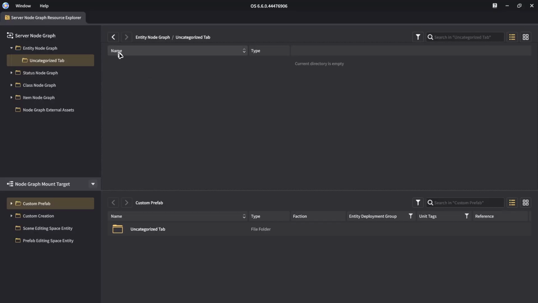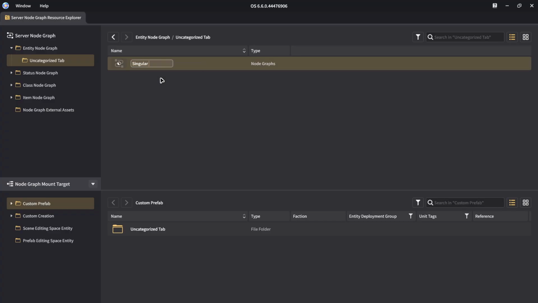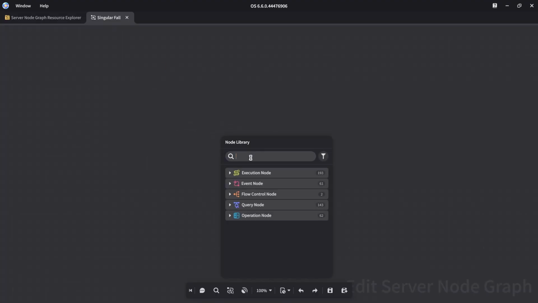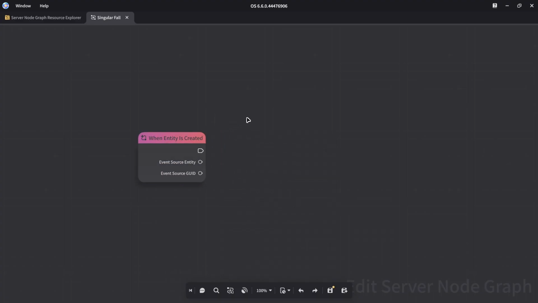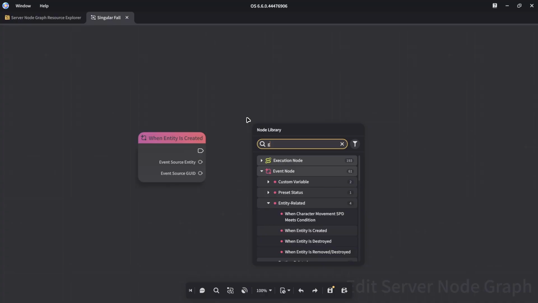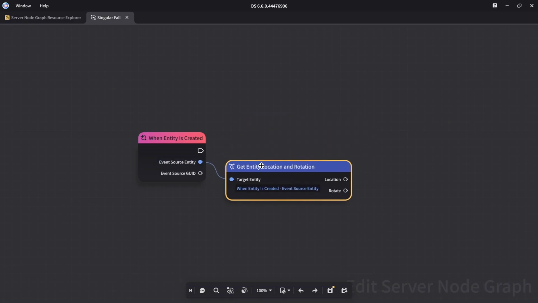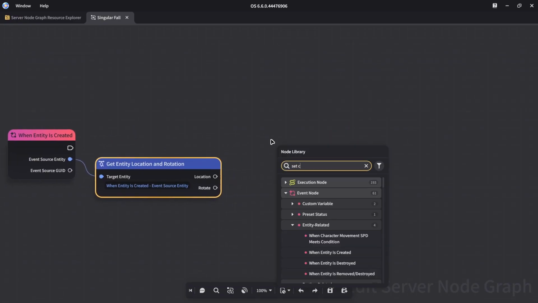So let's first create our entity graph and name it singular fall. And let's double click and enter it. All right, inside here, let's start by setting the initial location and rotation variables to the entities at the start of the game. So we'll get the when entity is created event, which happens at the start of the game, or whenever it is created. We'll get the entity's location, and we'll feed that to that because that is the platform, and we will set custom variable,